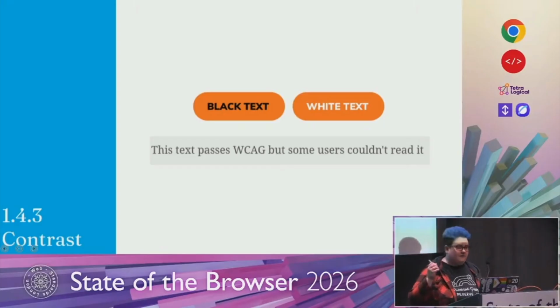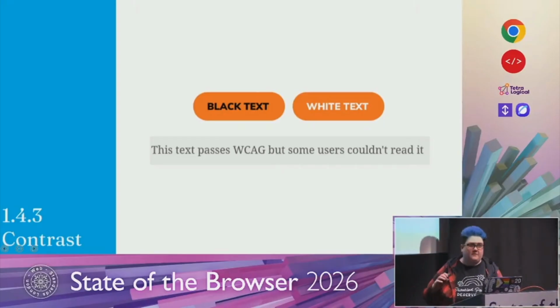The second example on here, the grey on grey, this is from Microsoft Dynamics. So I've done some user testing recently on a Microsoft Dynamics product. And this is WCAG compliant, this kind of grey on grey. But a lot of our users, not even people who